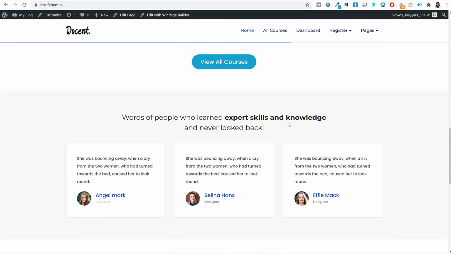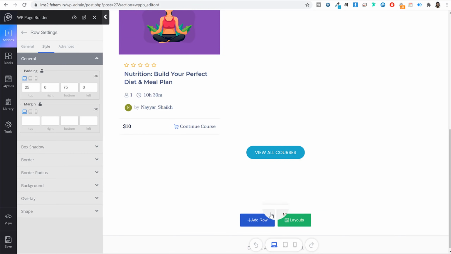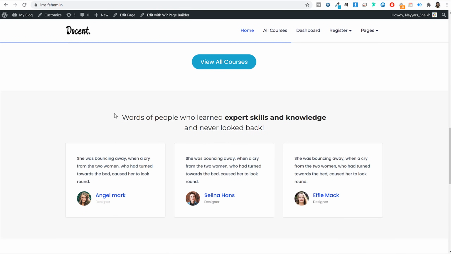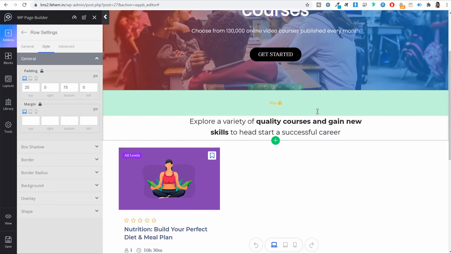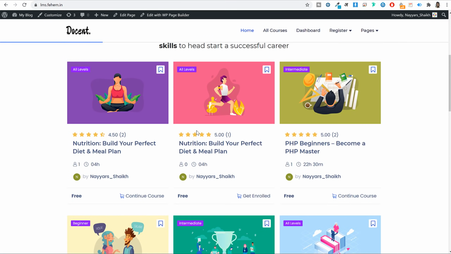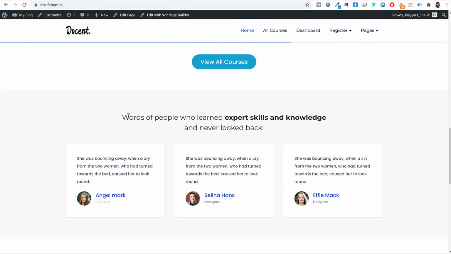Let's now create our third section. So to create this section again, we'll add a new row, and this time we'll add 3 different columns. Or maybe before that, let's add a single column, and after that we can add 3 different columns. Now we can do one thing over here just to save some time, because the style of this thing is very much similar to this one. If you see, the title, subtitle, spacing is added at top. Now here also the title and subtitle has the similar style, and we have the similar padding.